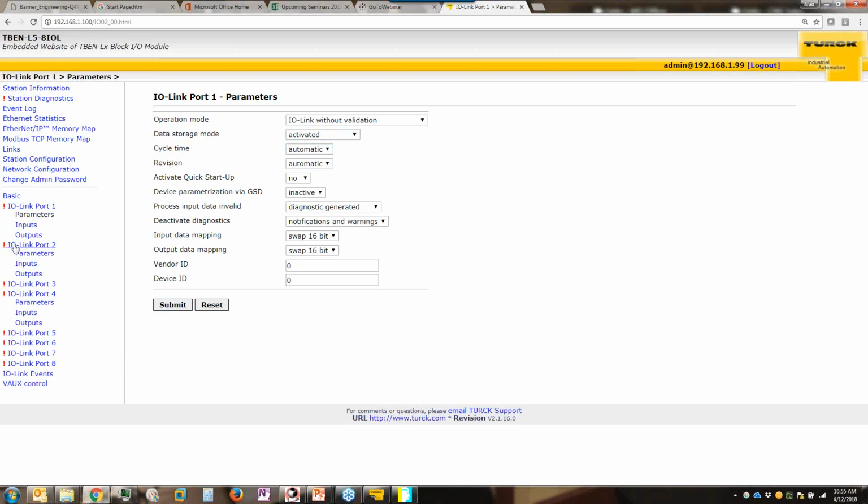I'm going to verify that it took, so I'm just going to click on port 2 parameters. It's still deactivated. Port 1 parameters, it is truly set now in the master. If I go down to port 4 and click on parameters, I see that port 4 is deactivated. If I click on activated and submit, I'll click back on port 2 and then go back to port 4 just to confirm that it did take,